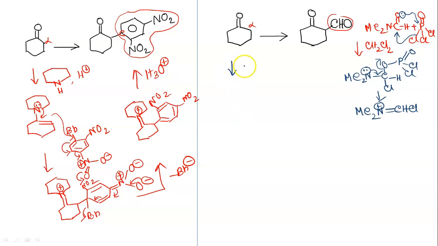So this is actually our formylating agent. But first we have to make the enamine. Now I am taking another type of secondary amine that is also used for enamine. It is morpholine. It is also like piperidine, only difference is that we have oxygen.